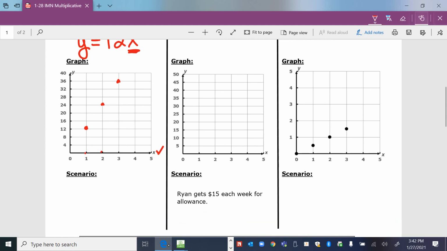Multiple representations. Okay, so let's think of a scenario where one of this has 12 of these, 2 would have 24, 3 would have 36. I'm thinking maybe cases of Coke or Dr Pepper or dozens of donuts. So let's say the scenario, maybe let's do donuts. Each box of donuts,